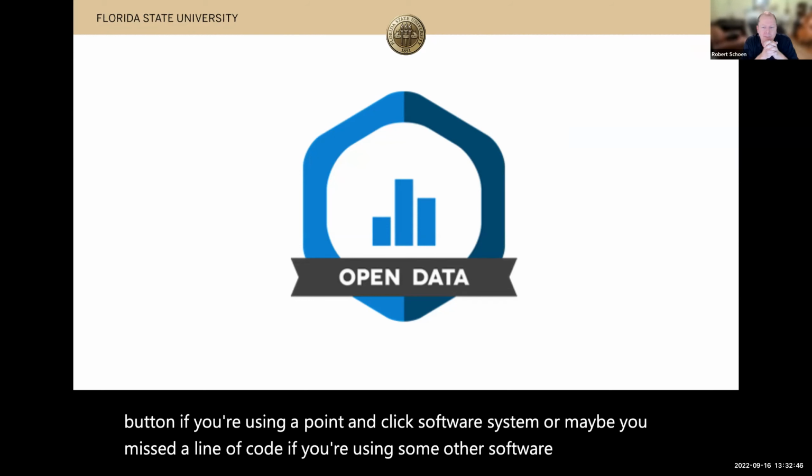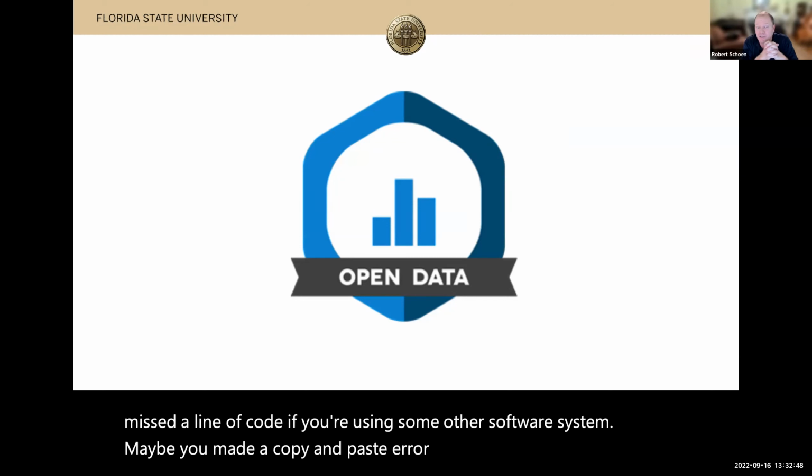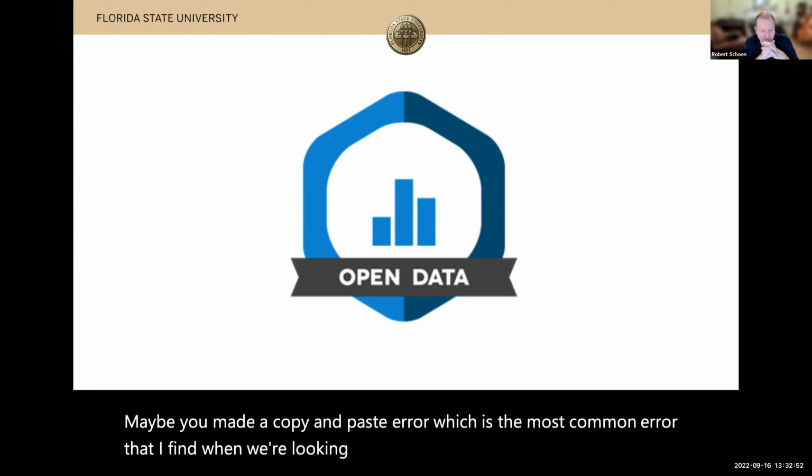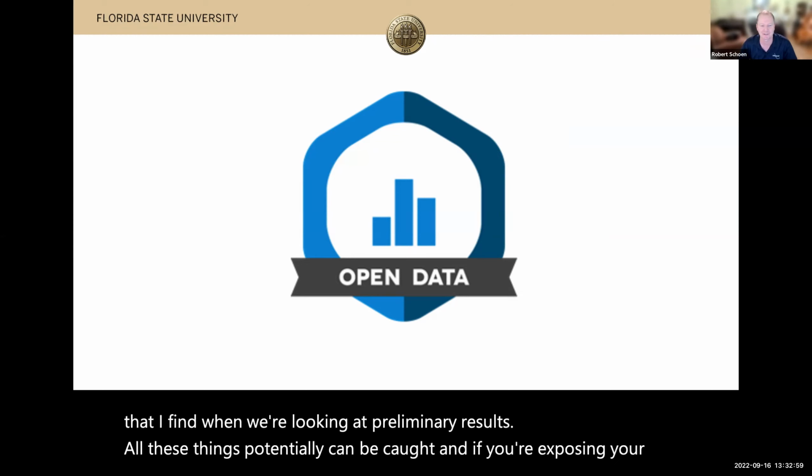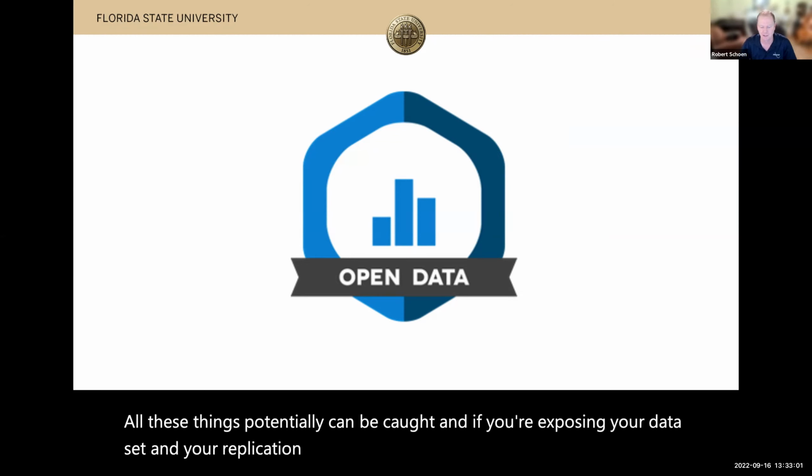Maybe you made a copy and paste error, which is the most common error that I find when we're looking at preliminary results. All these things potentially can be caught. And if you're exposing your data set and your replication code to that, that's scary. But it also is, I believe, the right thing to do,